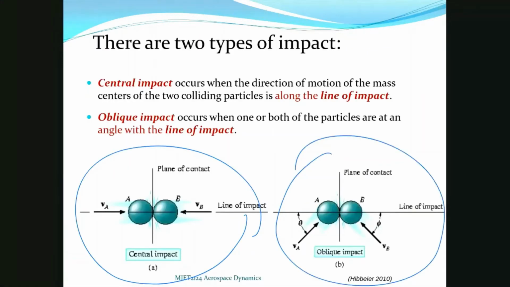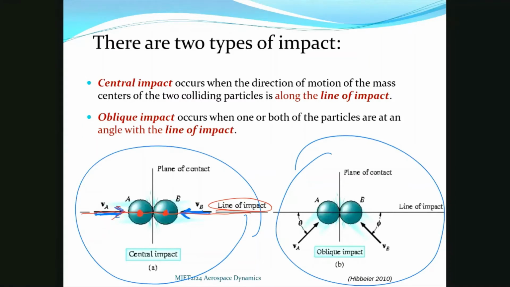In central impact, we have velocities which are on the same line. Moreover, those velocities are on the same line as both centers of gravity. I will draw it over here. And we refer to this special line as the line of impact. Basically, by definition, the line of impact is the line which is going through the centers of gravity. So here we have this situation, and velocities are on this exact line, and all action is happening along the